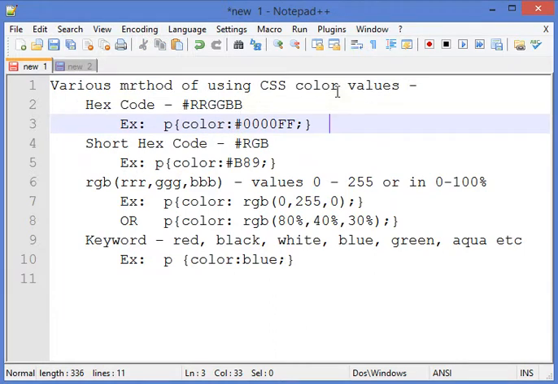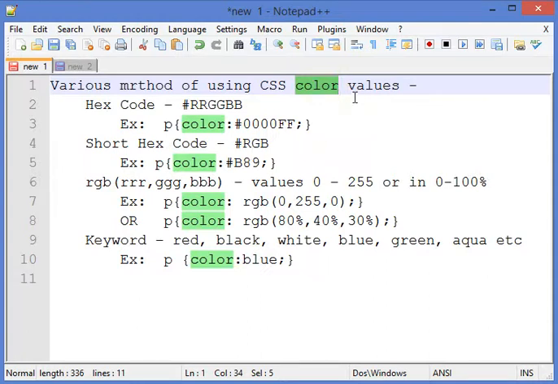So we know that we have used the color value in order to set the text color or even the background color. So how can we provide the value of the color that we want to be applied to our element of the web page.